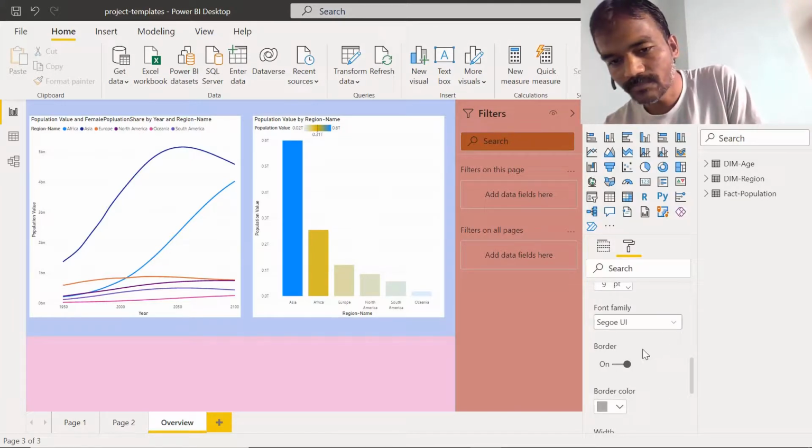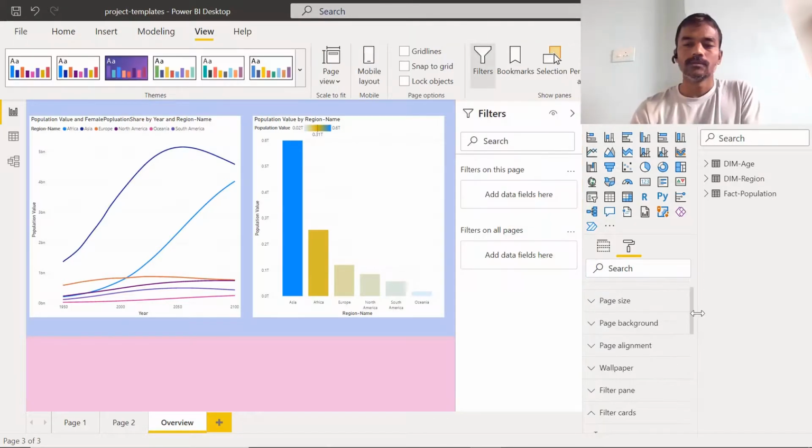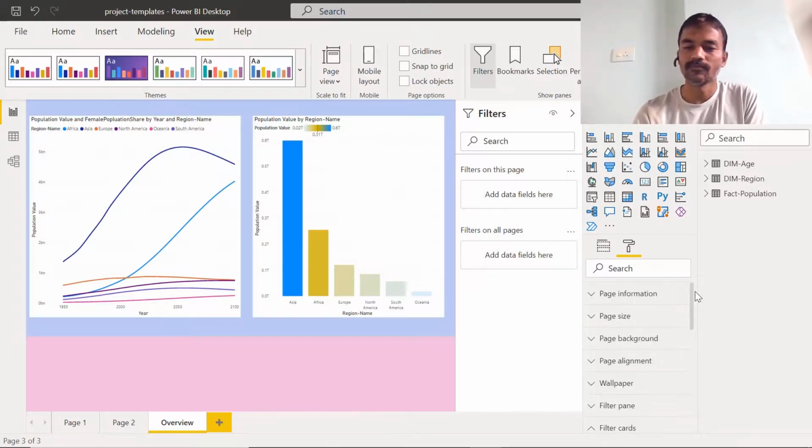Border also we can specify if you want, and this is one thing we can do with this filter pane formatting. So these are some of the options. There are filter cards as well. For that we can apply the formatting, and this is the way we can do some formatting. We will see more detail in the next video about the visualizations and what options are available for the visualization. For this video, that's it for now.